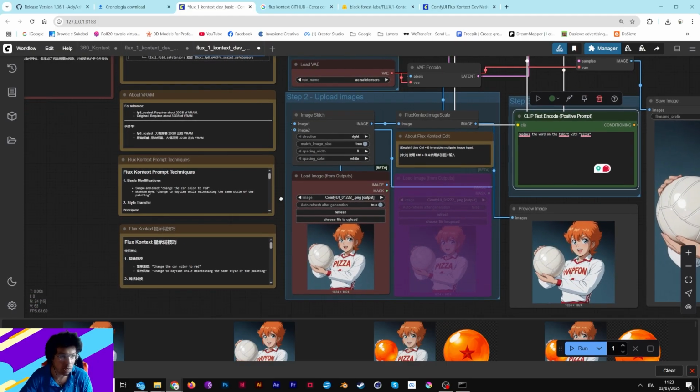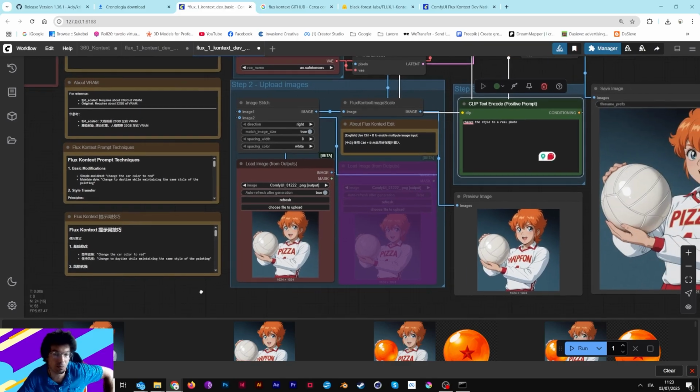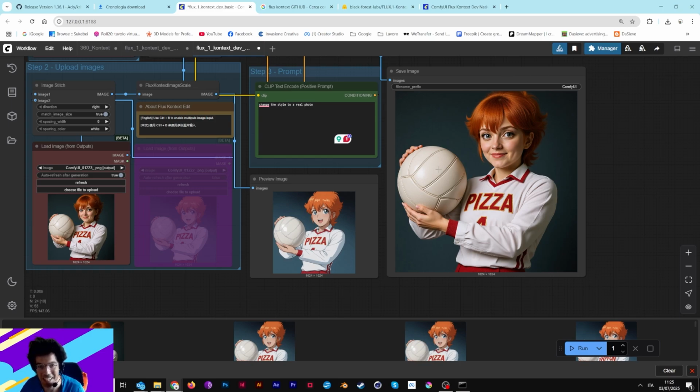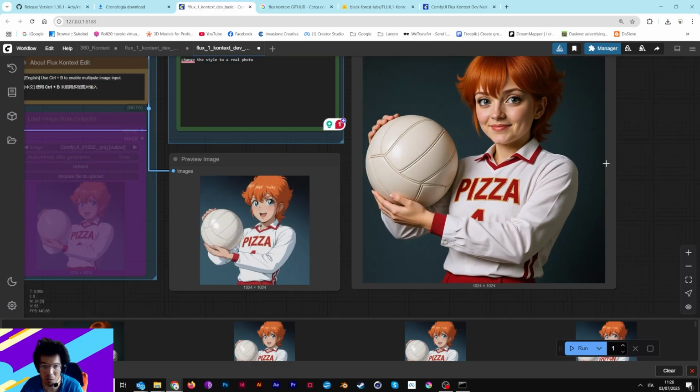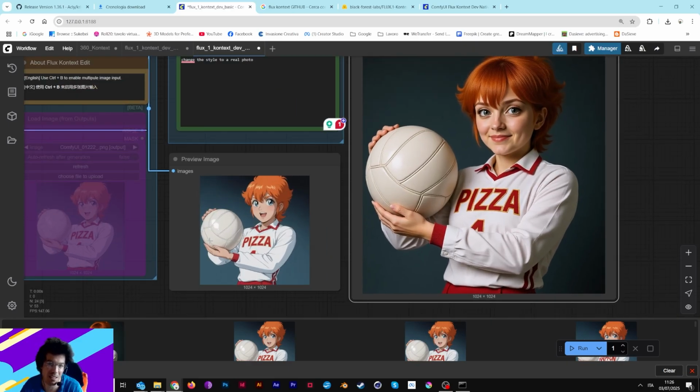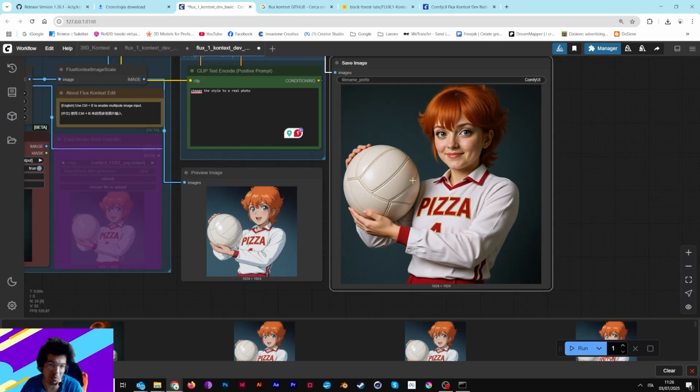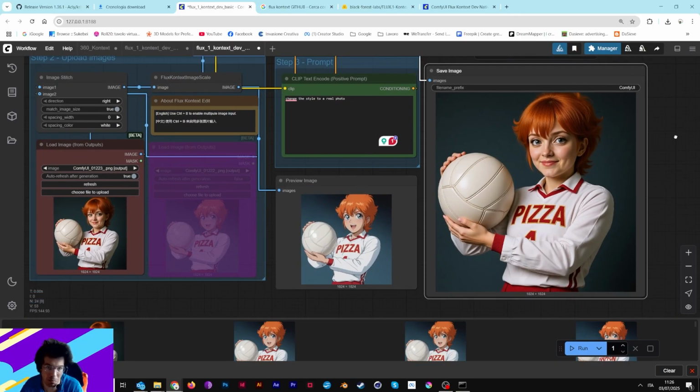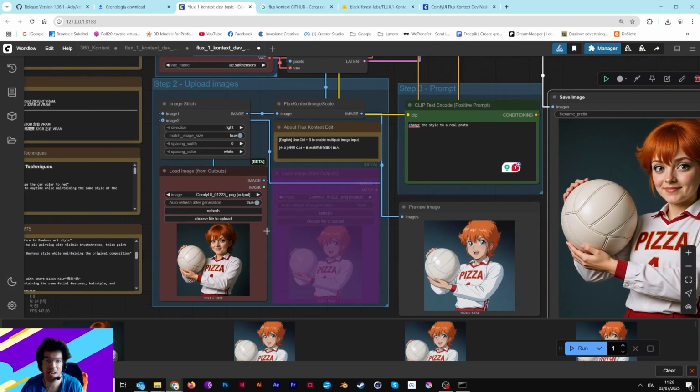We change the style to a real photo. I want to create a real style. Let's see. We have a real photo, something realistic with this image here, just from prompt. It's quite powerful. I click this auto refresh generation, so we can use this image as reference, and we can make it